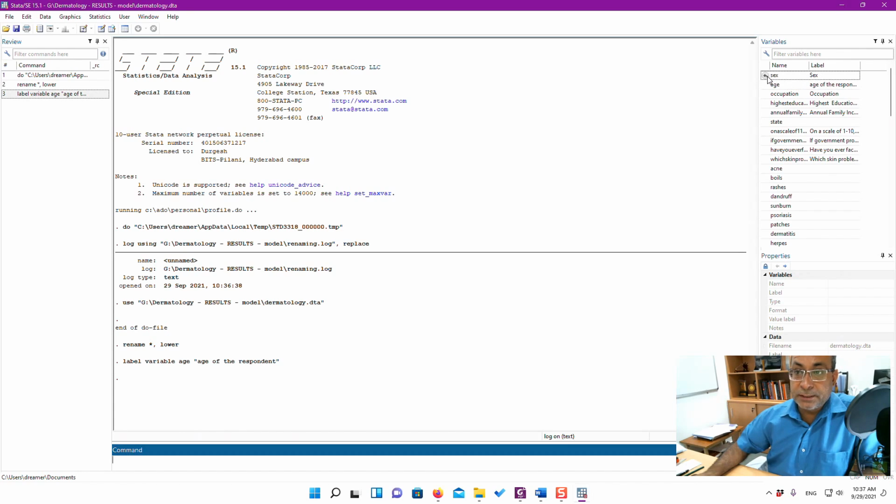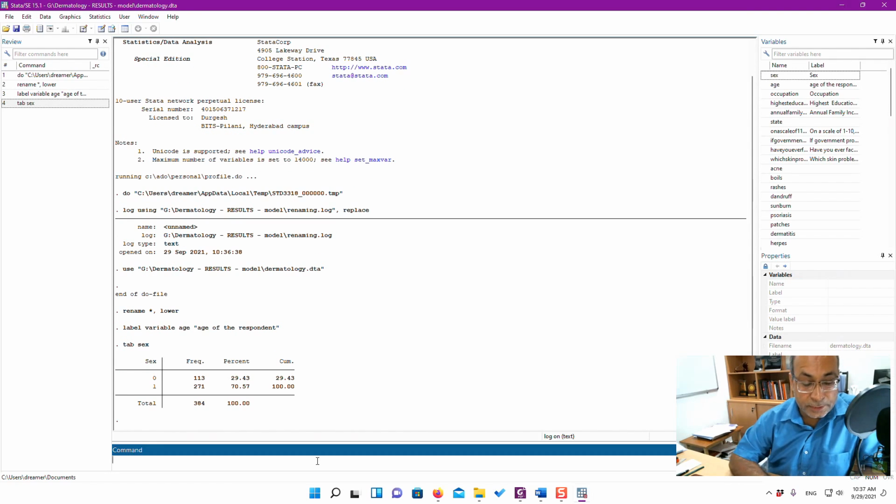Now we see that our variable sex is actually a dichotomous variable, let's say a nominal variable defining who is male and who is female. I'm assuming that 0 is female and 1 is male. So let's see how we do that, because someone who gets this data set, like when I got this data set, I do not know whether you have coded female as 0 or 1. So we should not make this mistake. So let's define the value label.